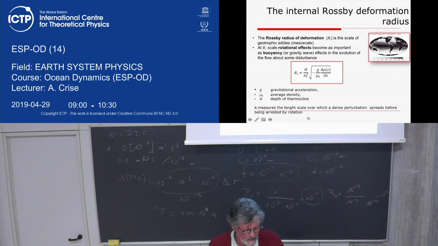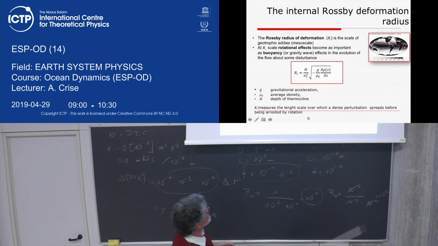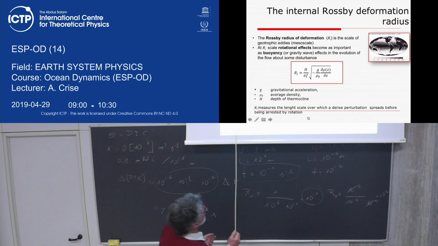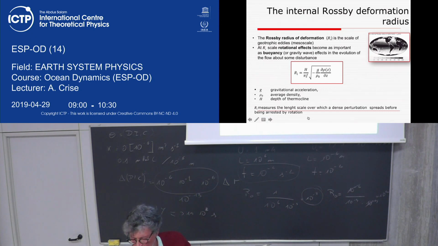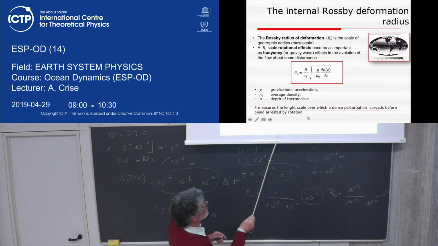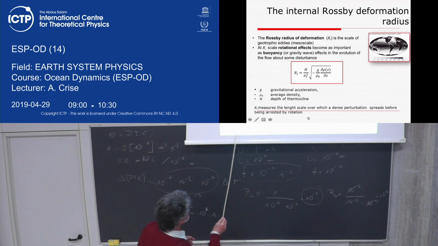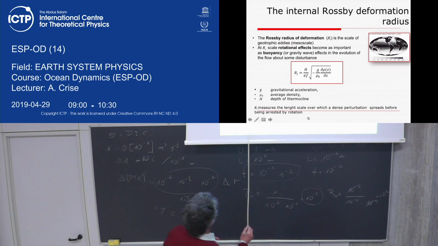I thought many times, why do we use this length scale, which is a horizontal one, by looking at the vertical gradient? It's strange. And this is something that explains to me why. Imagine that you have